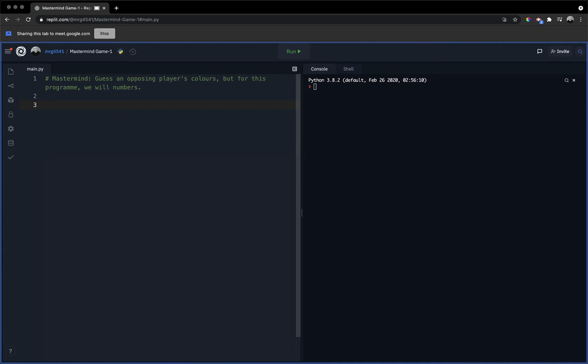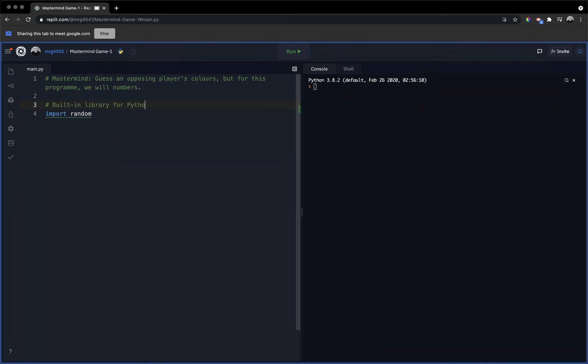So here's what we're going to do first. The very first thing I think we should do for this program is we're going to create a function that allows us to generate a list of secret random numbers. And in order for me to get random numbers, first off, I need to import a library called random. Okay, and this is a built-in library